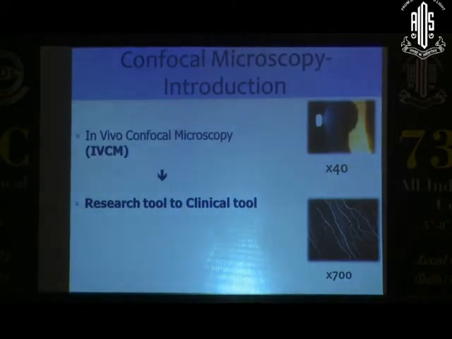centers. Now the instrument that we are all familiar with is the slit lamp. And fine, you look at a slit lamp and you get a lot of information. But what we know is that it has low magnification, only about 40 times. The in vivo confocal microscope gives you more than 700. So you get serial images of corneal microstructures. The other thing about the slit lamp is that the resolution is low. And this is because there's interference of light that gets reflected from structures that are above and below the plane that we are examining.